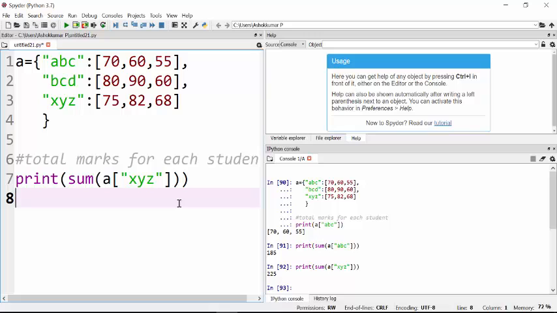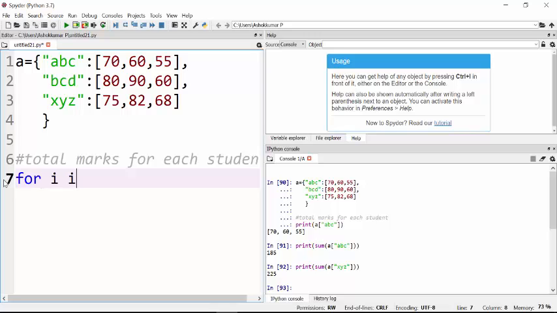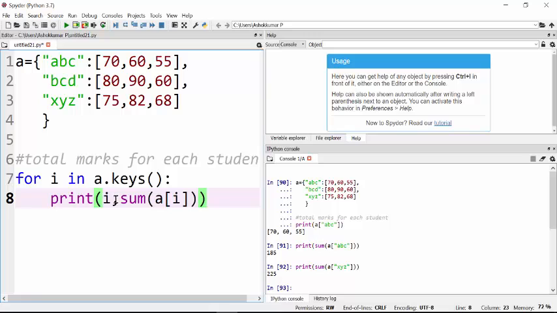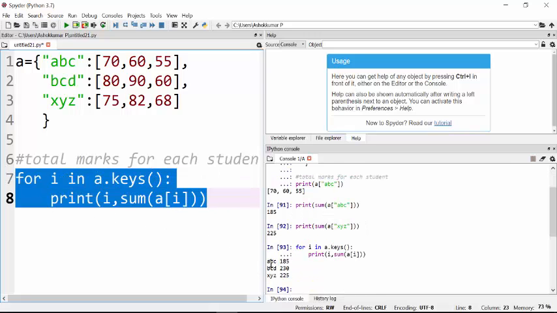Okay, suppose I want to print the total for each student, then I have to run a for loop for i in A dot keys. So A dot keys will give the list of keys. Okay, and I am going to iterate over that. So now I am going to print 2 things. So first one is the student name followed by the total mark. So total mark is sum of A of i. So this is the student name and the corresponding sum. So let me print this one and show you these are the student names, and for each student what is